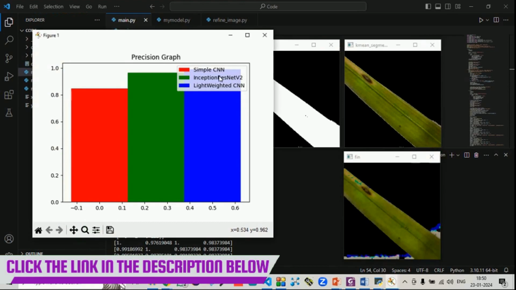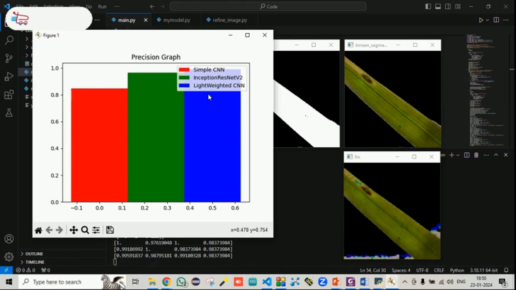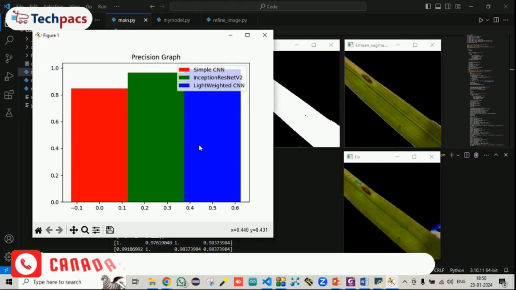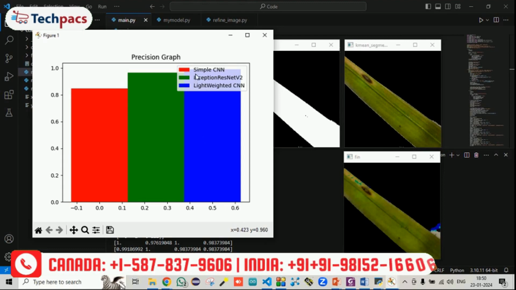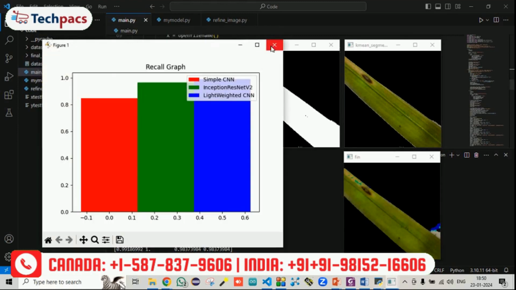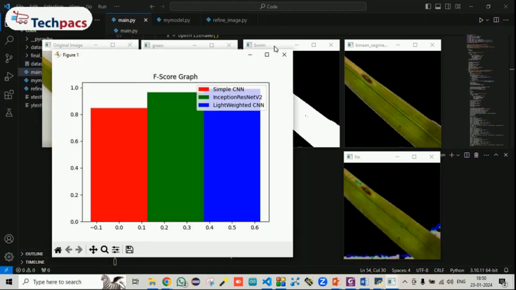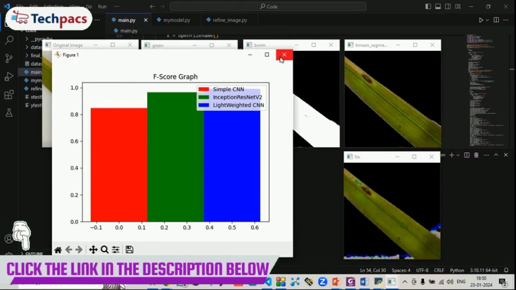So here you can see this is a precision graph in which this blue line is ours. It is achieving around 1, which is 0.98, I think. So this is the precision, this is for recall, and this is for the F score. In every case, the proposed system is